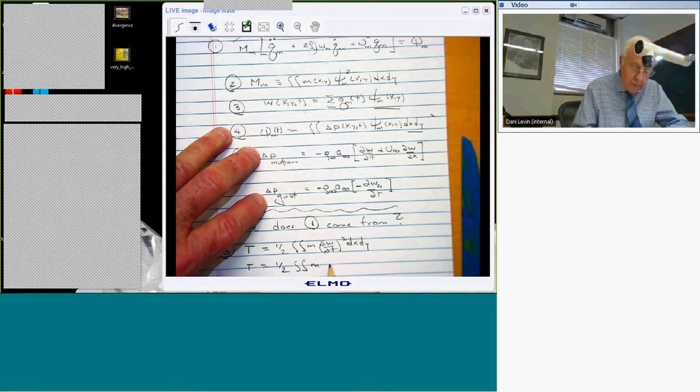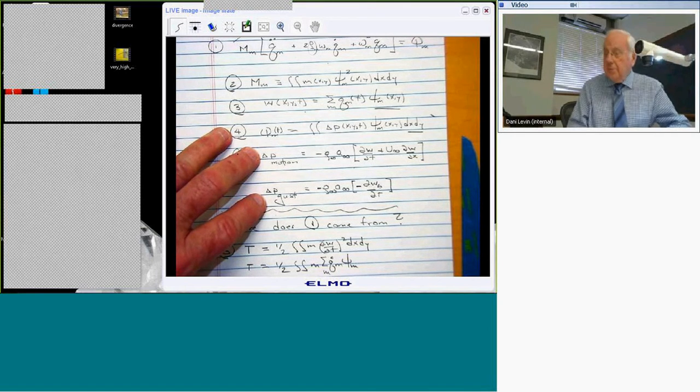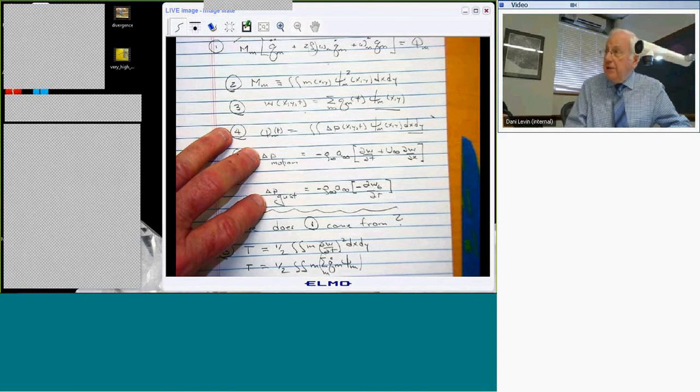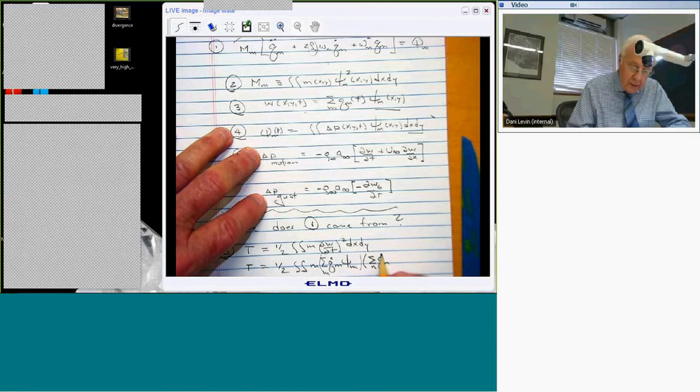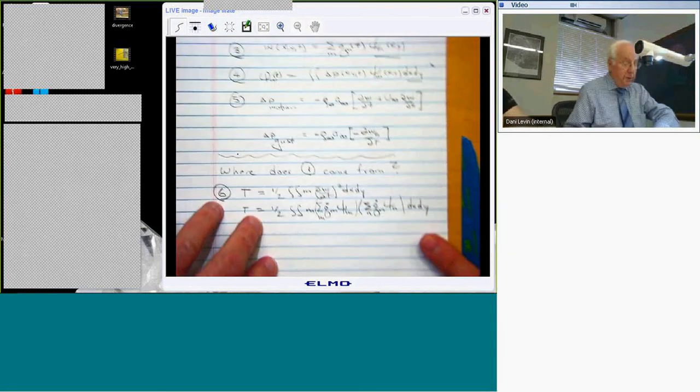There's a sum of q_m dot psi_m, sum over all m. This m is an integer. It has nothing to do with that m, right? But you're not confused by that. Times, it is squared. So I have to take this sum and multiply it by another sum. That'll give me a double sum, but I don't want to get confused on the summation indices, and therefore I better use a different index. So summation over n, q_n dot psi_n, dx dy, right? Thank you.